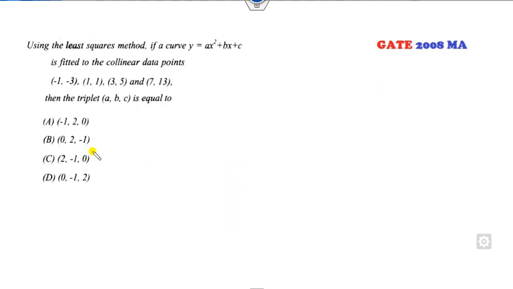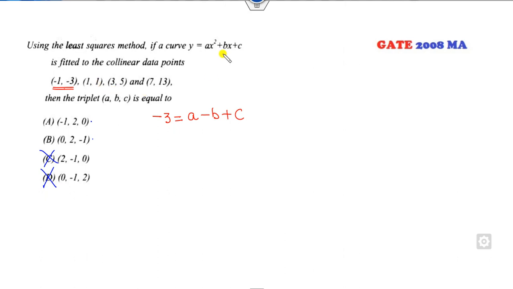Okay, look at another one. A curve is given to you. So again, firstly you can substitute the point. When y is equal to minus 3, x is minus 1 here, plus c. Look at the first option. Minus 1, minus 2, 3. It can be 0, minus 2, minus 1. It can be 2 plus 1. So this option is cancelled. 0, minus plus 1 plus 2 is cancelled.